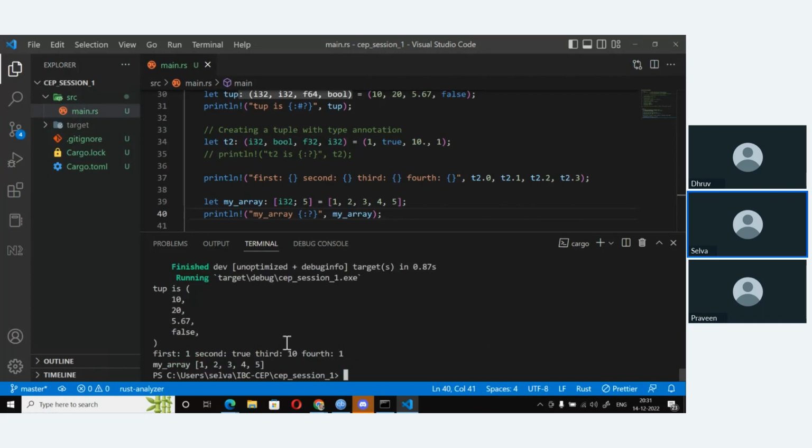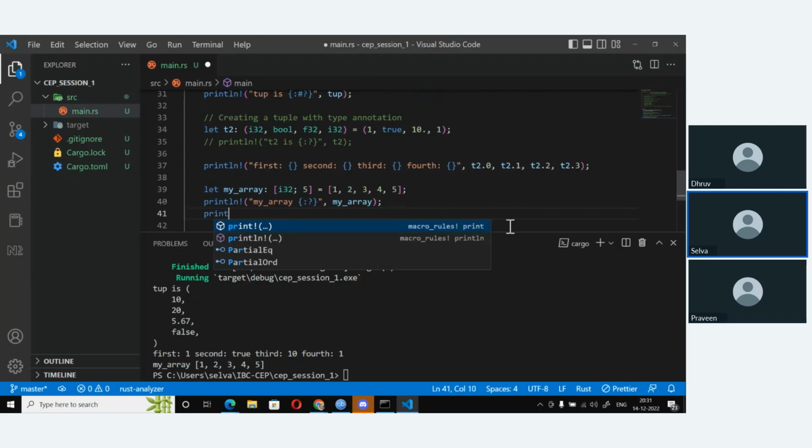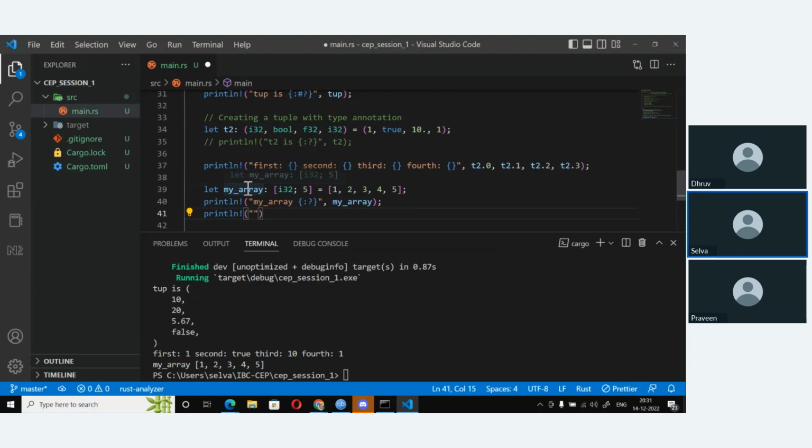1, 2, 3, 4, 5, and I want to access the individual element. So let's just change the name. Okay.